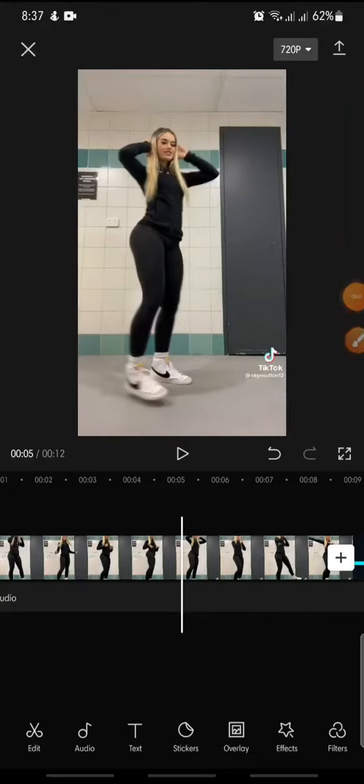In this video I'm going to show you how to add right zoom animation on CapCut apps. Now let's get started. First, open your